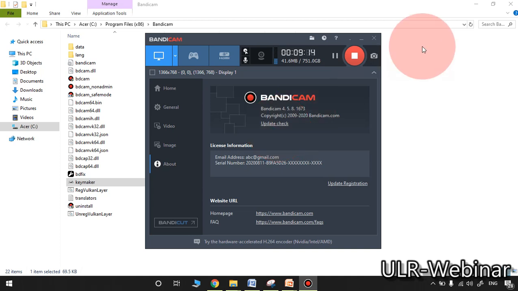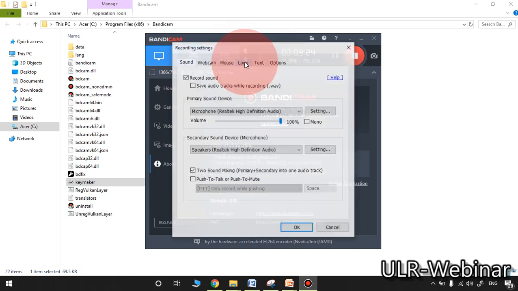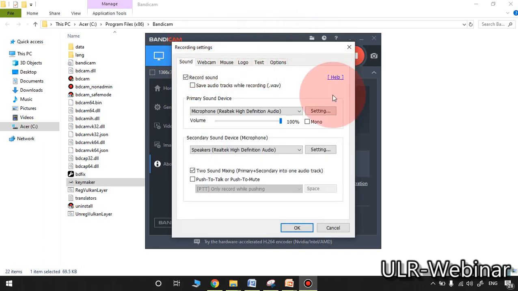Is it okay to everyone? So now we will see the remaining options. So please observe here three different things you are observing. Just click anyone, no problem. Here all the recording settings you will observe. You need to take care of all these settings before starting the recording, please. What is the meaning of the sound?